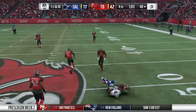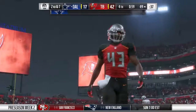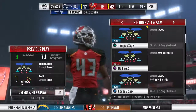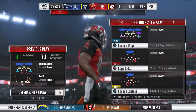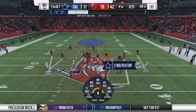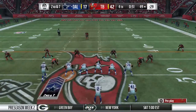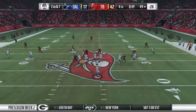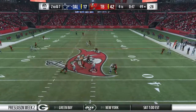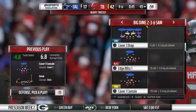They'll come out throwing here to start the drive. And he'll get it into enemy territory just across midfield at the 49. The completion good for 3, and it's second down. You got the big lead defensively. Willing to give them that underneath stuff, right? And this is why you work on your tackling. Tackle them after the catch, inbounds, keep the clock running. Just go ahead and bleed the game out that way. Under pressure here, and down he goes. Sack back at a...